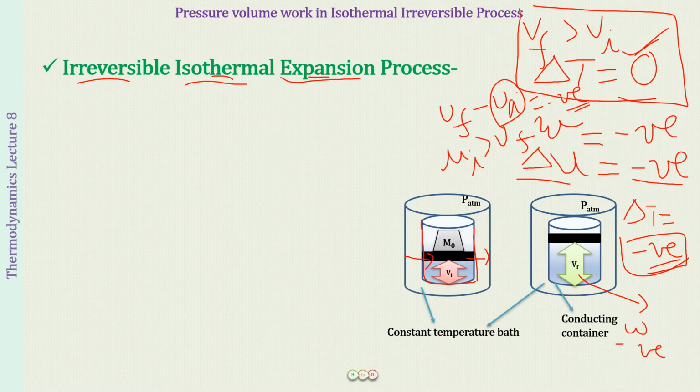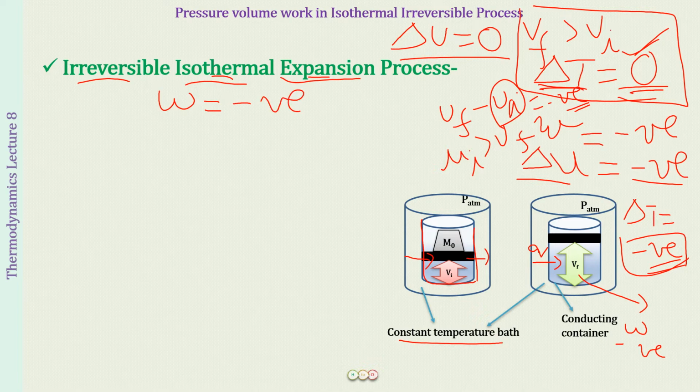So we want to increase the energy of the system by an equal amount so that the temperature remains constant, so that delta U, the change in internal energy, remains constant. Okay, so there should be no change in internal energy. There should be no change in temperature. So what we will be doing is supplying heat to this vessel from the water bath, which is being maintained at a constant temperature. So Q amount of heat will enter into the system.